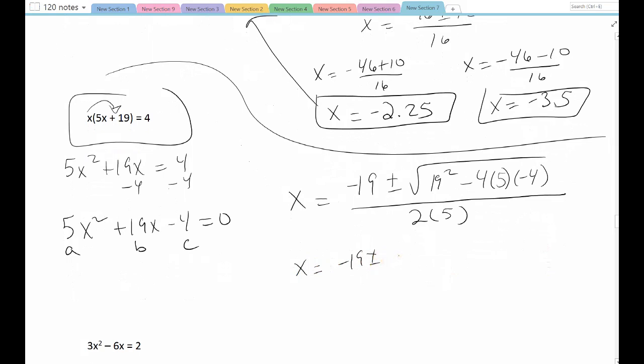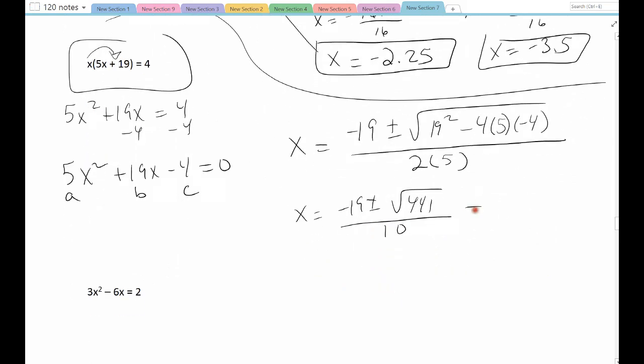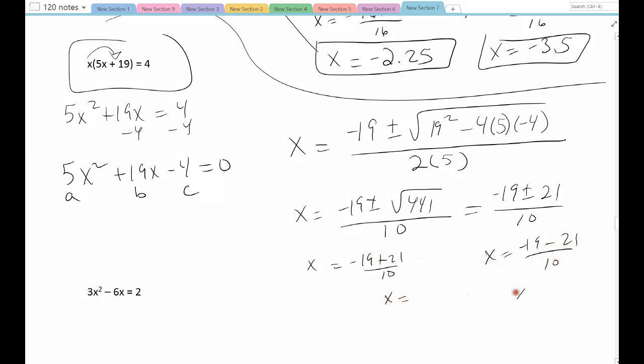Alright, so the square root simplifies to 441, all over 10, and 441 is a perfect square. It's the perfect square of 21. So you get negative 19 plus or minus 21 over 10, so the two answers are negative 19 plus 21 over 10, and negative 19 minus 21 over 10, and so those simplify out to give me,